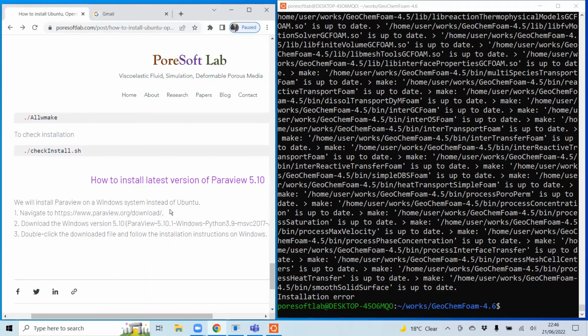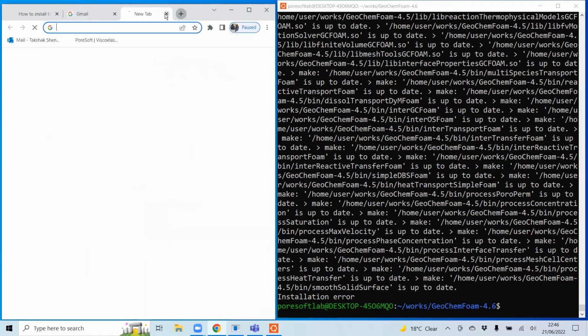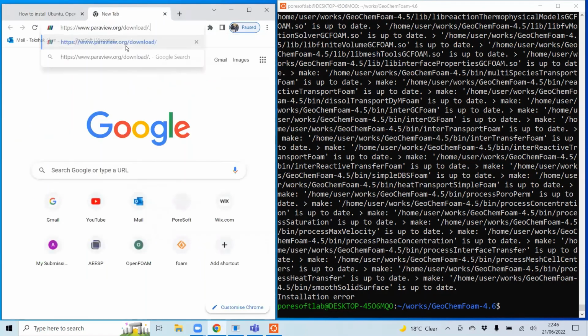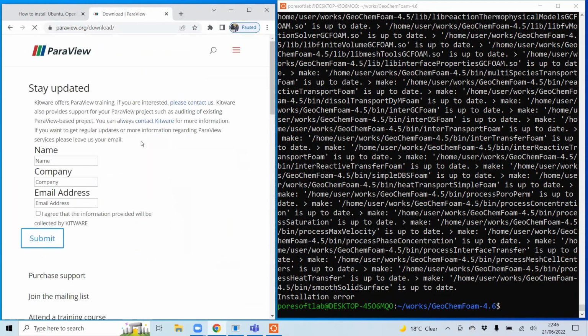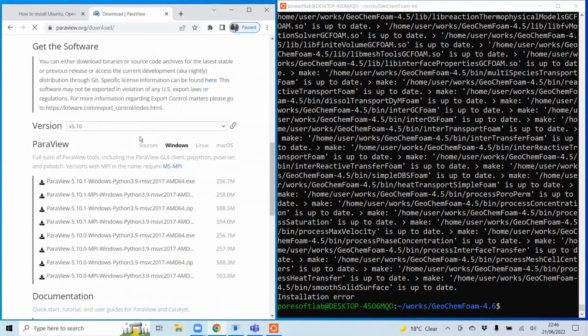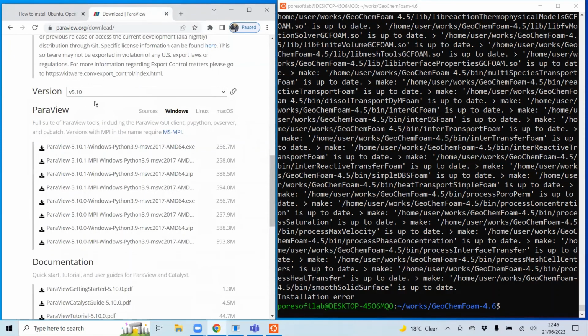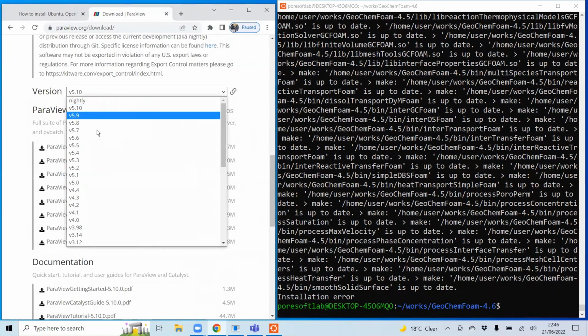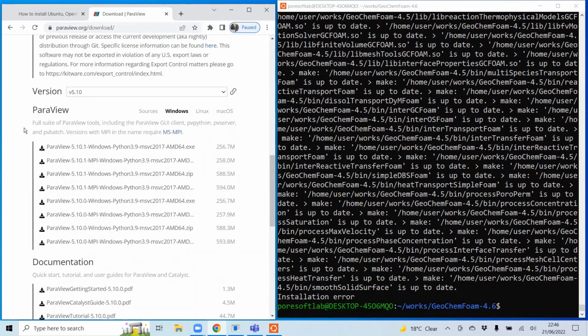So to do that, just go to the ParaView download page, and here you will see different versions. We'll be using the latest version, which is 5.10.